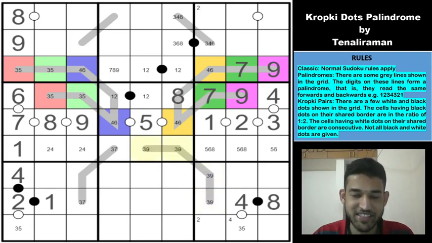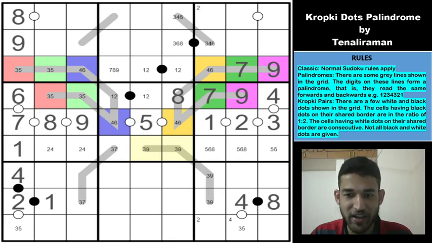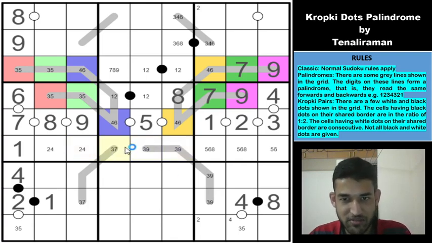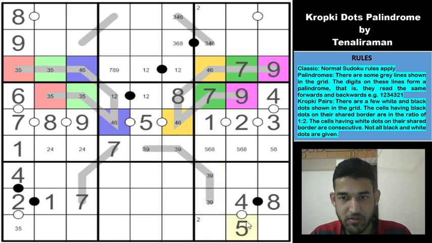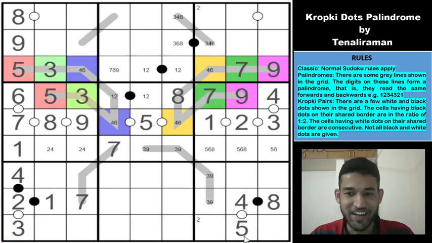Beautiful, guys. This deduction is just helping us proceed in the Sudoku like butter. So this will be a 7 now. So this will be a 7 now. Okay. So because of the 3 here, this will be not a 3, so this will be a 5, which means this is a 3, which means this is a 5, this is a 3, this is a 5, this is a 3. Amazing Sudoku, guys. Really, I'm enjoying this Sudoku so much.